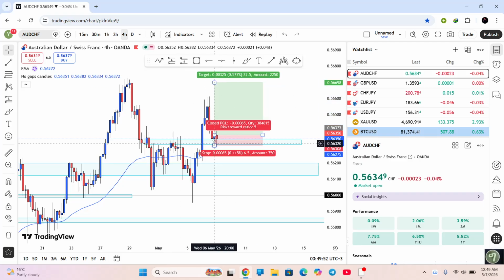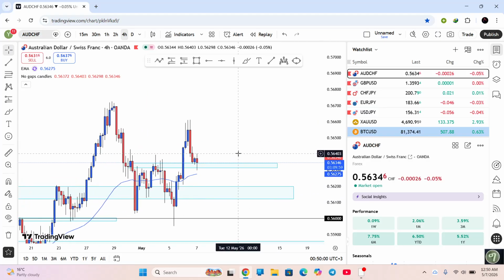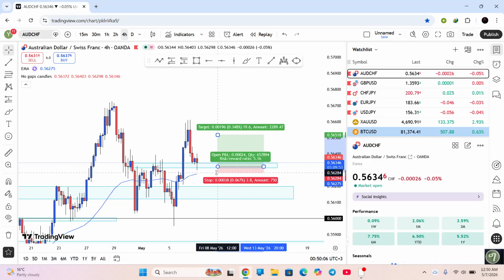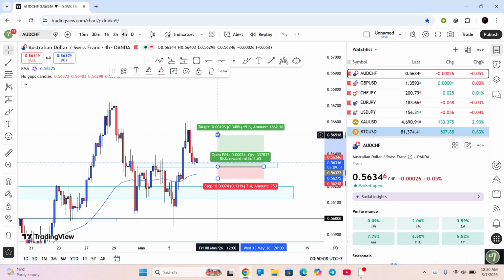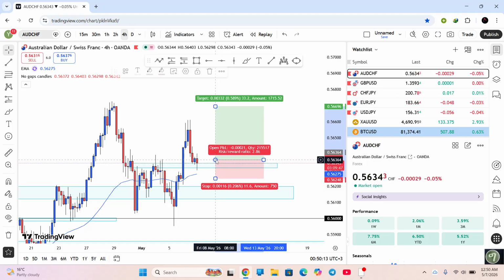Yeah, I would have taken this trade exactly over here, but right now I did not take this trade. Why? Because this is not our session, it's Asia session, so we are gonna stay patient and wait for price to give us another entry on pre-London session. Okay, this is how I am looking to enter this trade.